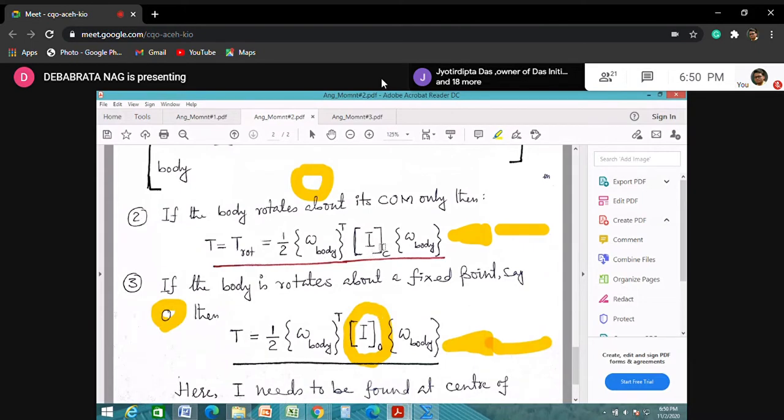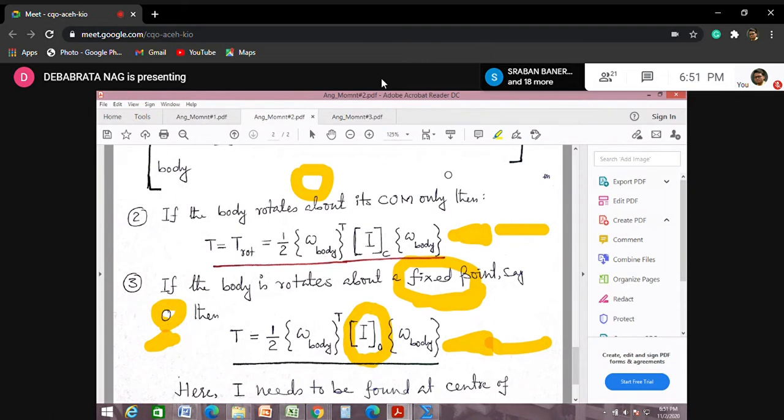What you can do is calculate the inertia matrix with respect to the point O. But you have to ensure that this is the point about which your body is rotating. It should be a fixed point. It should not have any velocity. And secondly, the body is found to be rotating about this point too. Now, how can you ensure that your body is rotating about point O?